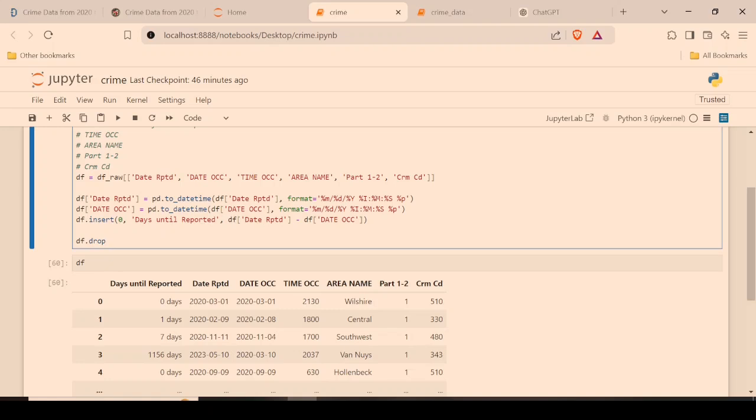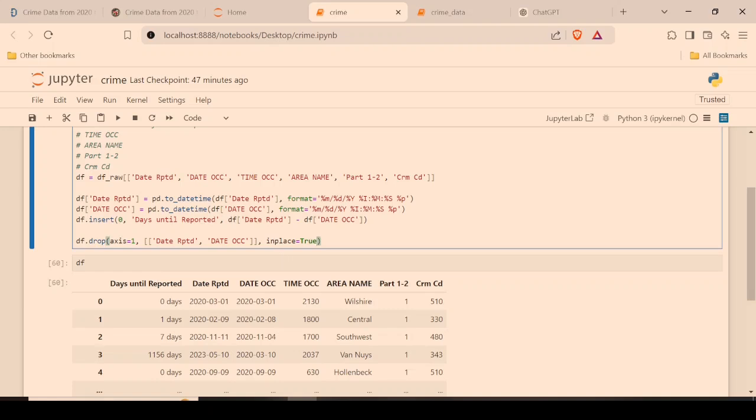drop those columns that we don't need, first we specify the axis. Are we dropping the rows or are we dropping the columns? So we're dropping the columns, which is axis 1, rows is axis 0, and then we just specify the columns that we want to remove, which is date reported and then date occurred. At the end, if we write inplace equals true,